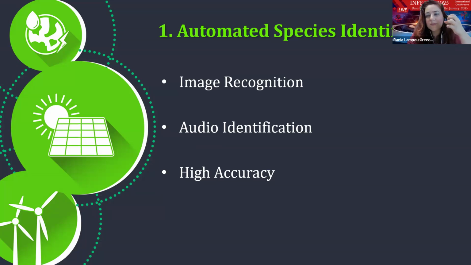So AI-powered image recognition systems can analyze photos or videos from camera traps, drones, or smartphones to accurately identify species. Audio identification, this natural language processing algorithm can be adapted to recognize bird songs, whale calls, or frog croaks, allowing for non-invasive monitoring of elusive or nocturnal species. And high accuracy, of course,